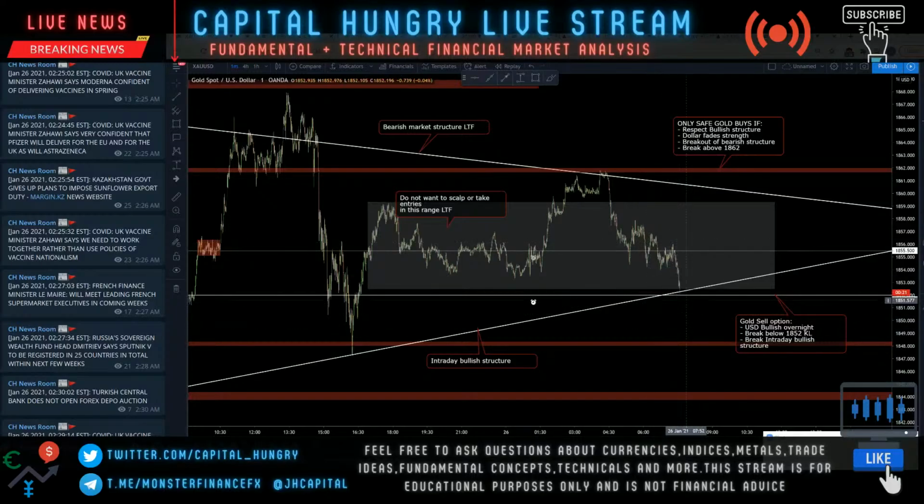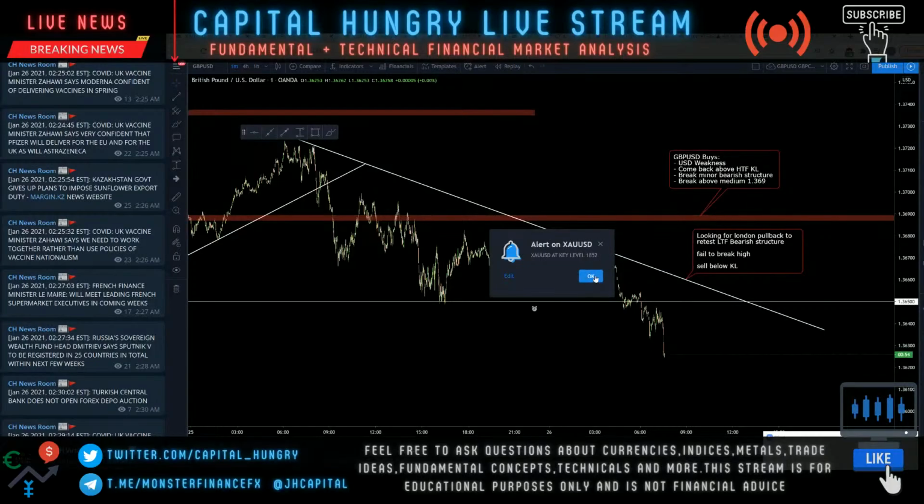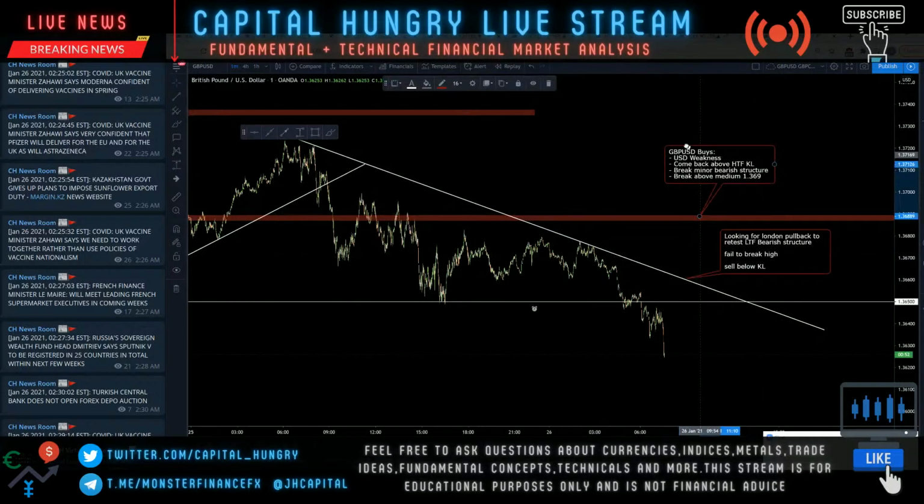If we can get that break below 1852 for a breakout entry, if you're aggressive, or a break and retest entry, that would give us validation of a break below key level, break below bullish market structure, continuing to respect bearish market structure. Even if we go down to this previous 1 minute low, that's a 40 pip target, like it's breaking right now. And then if we continue down, 1844, etc. All right, there's the alert right there. So primarily in a sell bias.